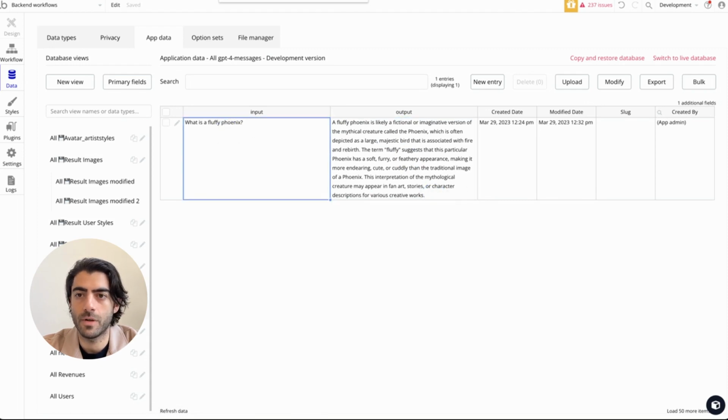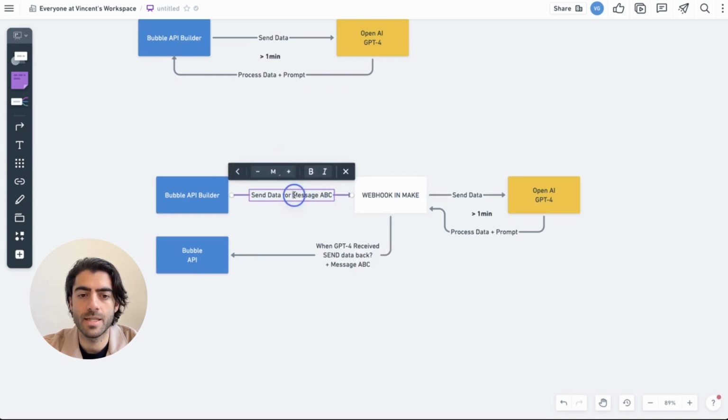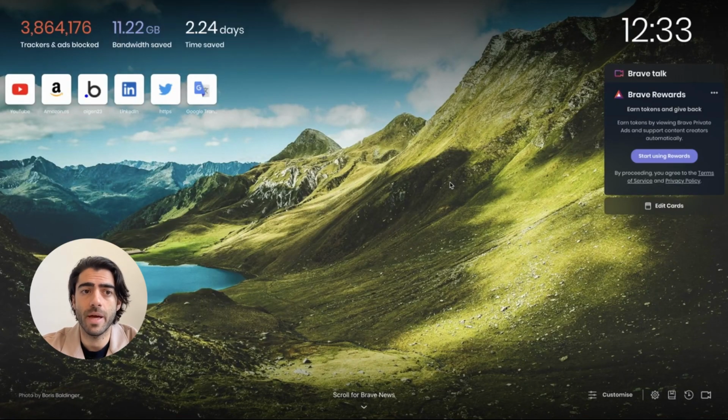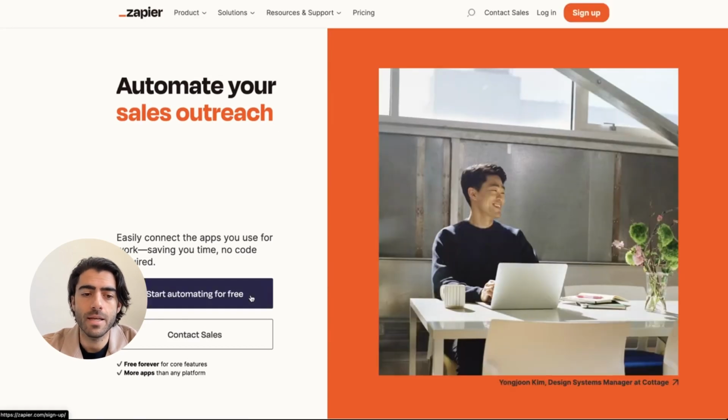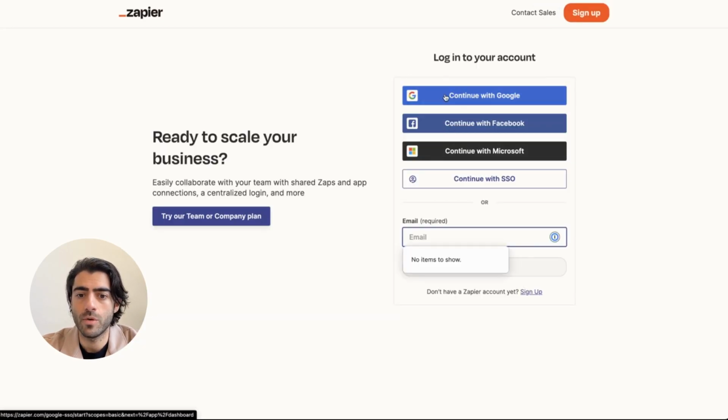So we went from here to sending back the data, and we're able to select because we said this message was ABC, and here's the output. And that's basically the concept of it all for everything. Now, if we think about, oh yeah, but I don't want to use Make, you can use any platform with these methods. So for example, you could use it with Zapier,